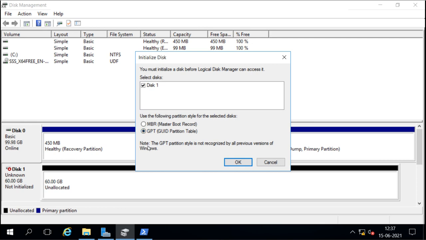There is a note that says the GPT partitioning style is not recognized by all previous versions of Windows. So if you select GPT, it might not be accepted in previous versions. You have to be careful if you want to use this hard disk in other machines also. First, let's say MBR. I will use MBR now.